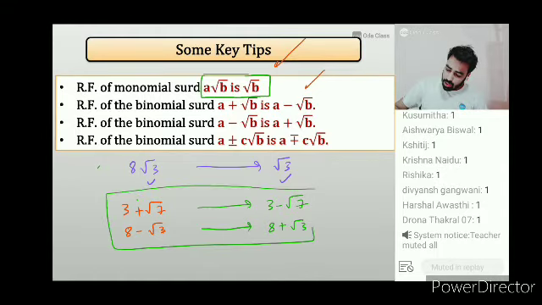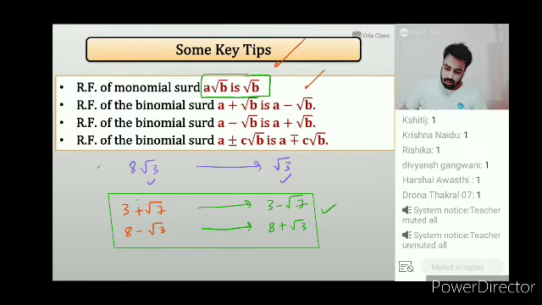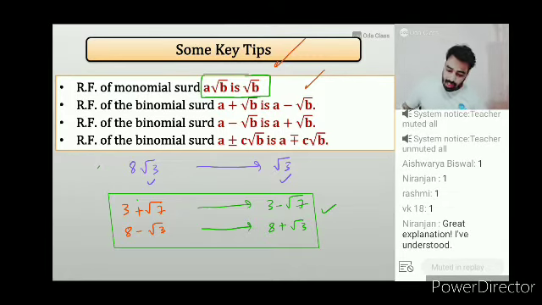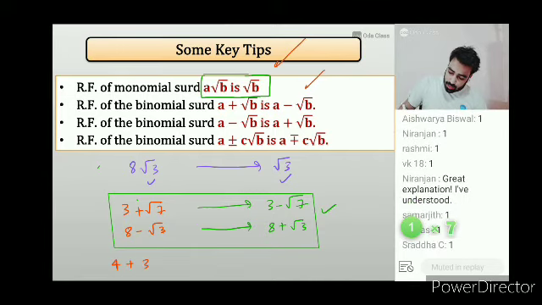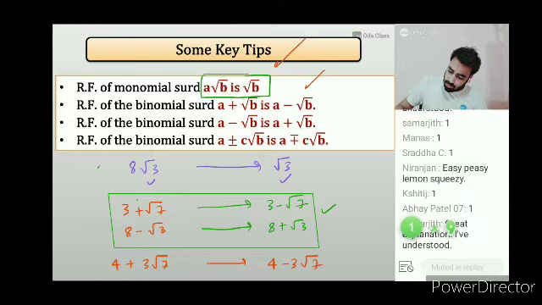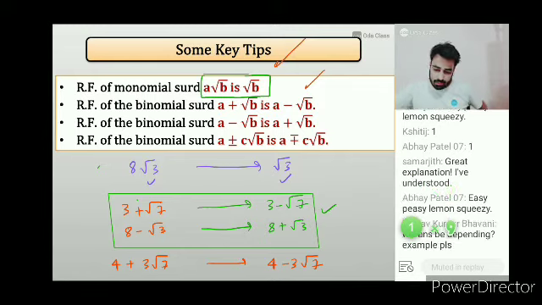Why are we doing it? So that it converts into the form x plus y into x minus y, which becomes x square minus y square, and the final product will be a rational number. Clear this part? The last part is also similar. Suppose I have 4 plus 3 root 7. It is the same logic, 4 minus 3 root 7, changing the plus sign to minus sign, so that when you multiply, it will again become a rational number. Okay, this part is very important. If you want, you can note it down or take a screenshot, and after the class you can complete it.